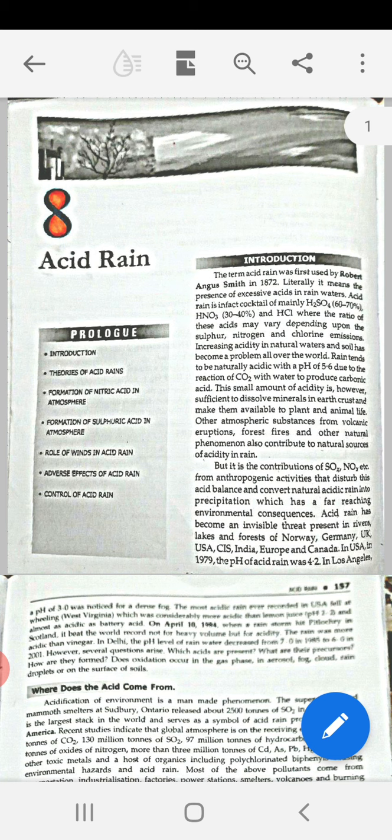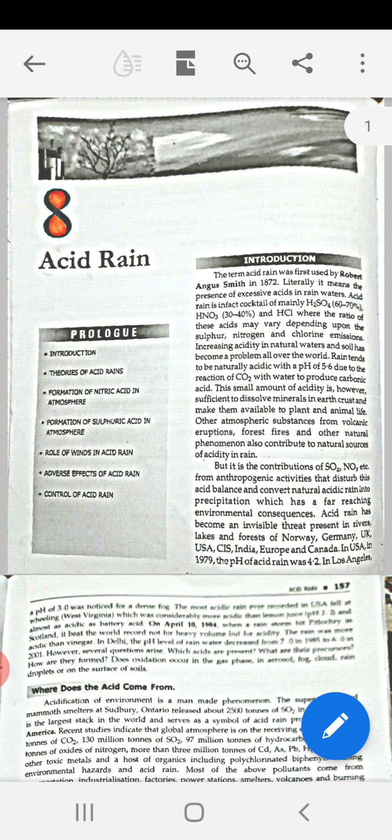Other atmospheric substances from volcanic eruptions, forest fires, and other natural phenomena also contribute to natural sources of acidity in rain. But it is the contribution of sulfur SOx, NOx, etc. from anthropogenic activities that disturb this acid balance and convert natural acidic rain into acid precipitation, which has far-reaching environmental consequences. Acid rain has become an invisible threat present in rivers, lakes, and forests of Norway, Germany, UK, USA, India,